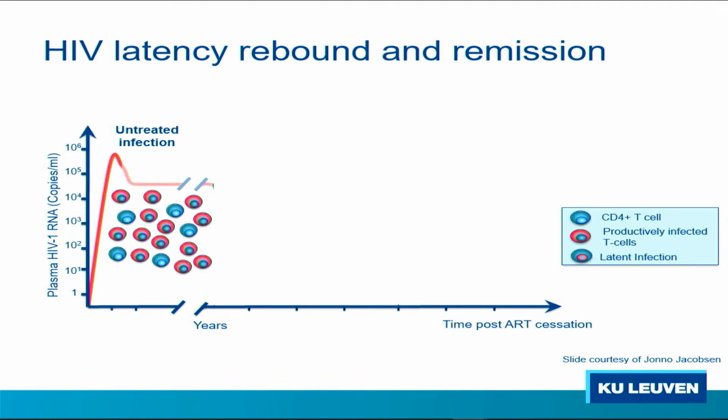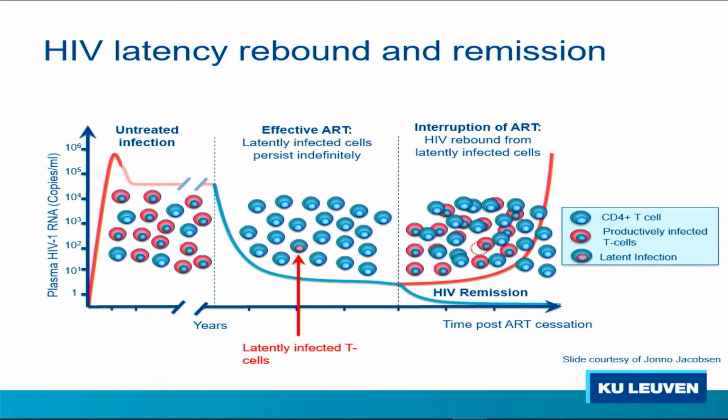Many of these lymphocytes will die every day, and every day there will be new viruses made. Luckily, over the last 20 years, we developed potent antiretrovirals that block HIV replication, and by giving them in a combination, a cocktail, we can block HIV replication, so that we come to the next stage where there is